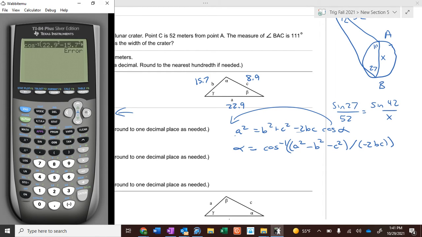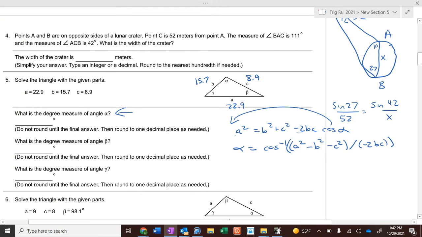So, I didn't put two parentheses. I got to put two parentheses at the start for it to work. Now, doing it on a graphing calculator is really nice. Because once you get the first one, 135.3,